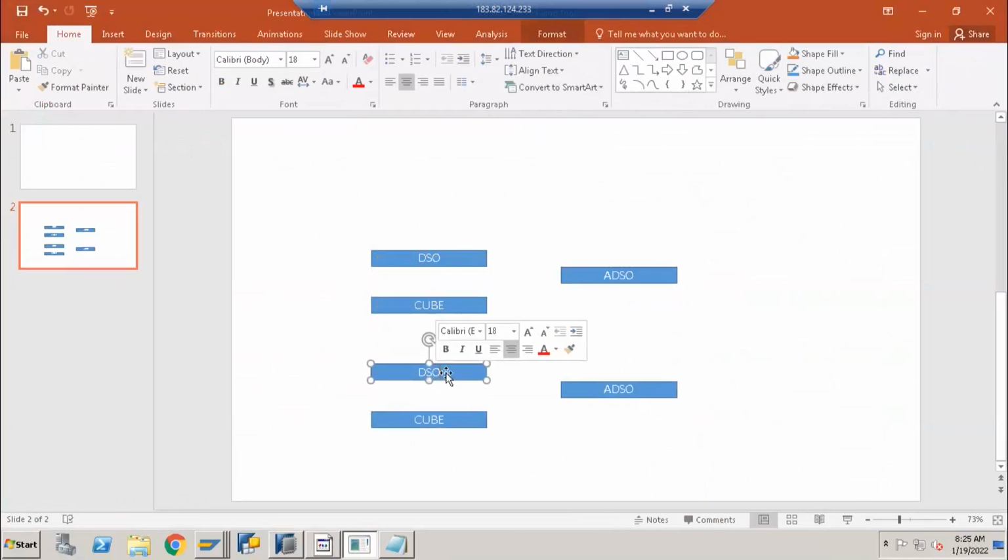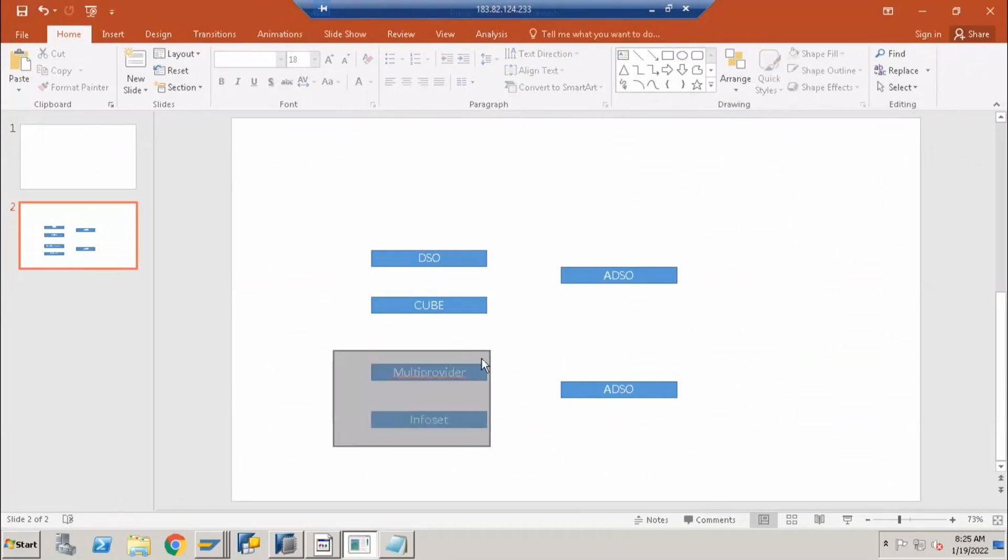Earlier, we had the multi-provider concept and the InfoSet concept. These two are views, meaning they do not store the data physically. They fetch data from the underlying providers at runtime. Now these two are replaced with a composite provider.